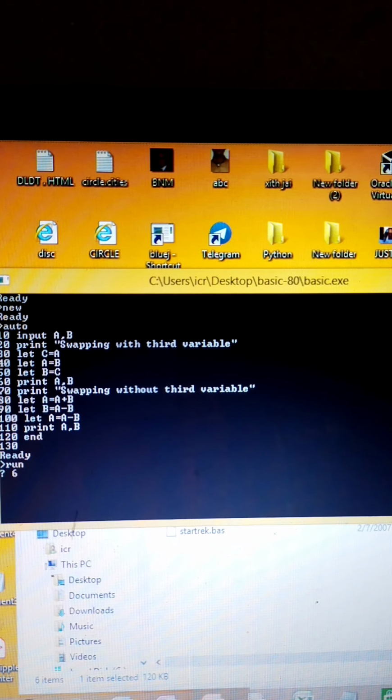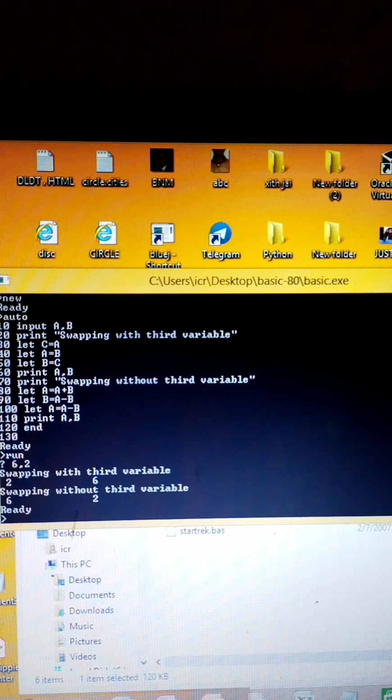Let's keep those same values, 6 and 2. And now you can see that swapping with third variable gives 2 and 6.